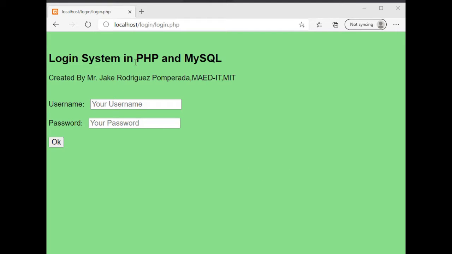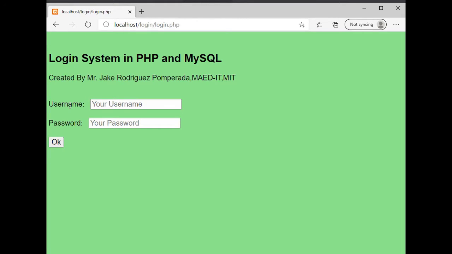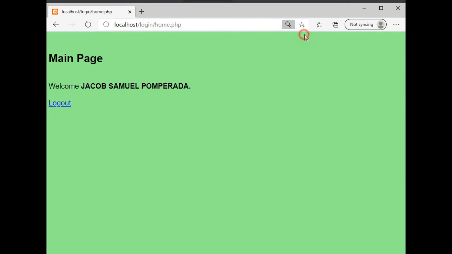So let's get started. Right now I'm running the code. My login system is very simple, just CSS, HTML and PHP. HTML5. We have here the title, login system in PHP and MySQL, created by yours truly, Jake Rodriguez Pomperada, MIT. Here we have a text box, and then username and password. Let's say for example I have a right username and password. When we click OK, it will display the main page and then the name of the user, Jacob Samuel Pomperada, my older son, and